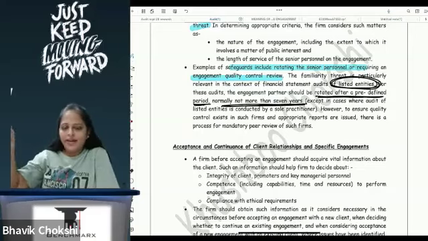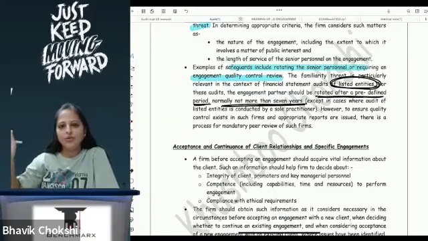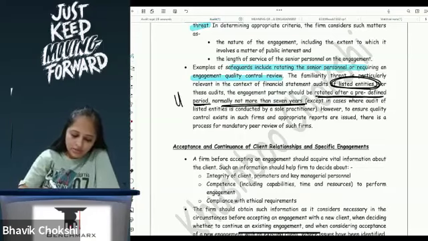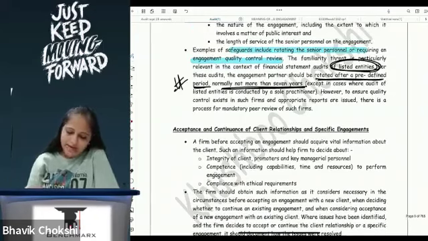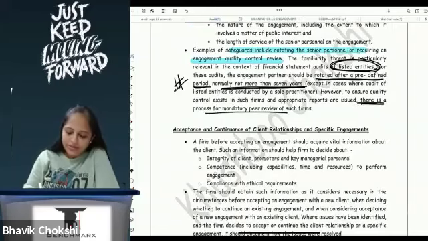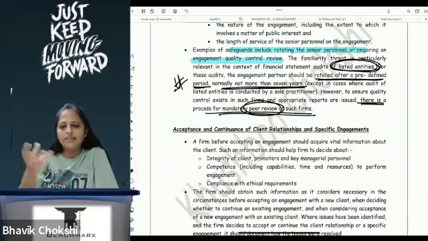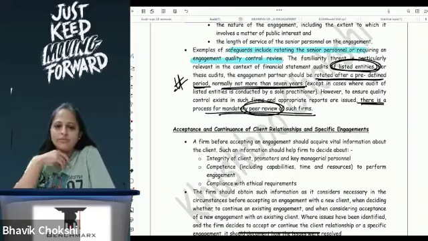So that 5 plus 5, 10 years, 5 years cooling off period, at a firm level you have to do that. Internally within the firm also, the senior partner will change after 7 years. Okay, so remember this. We'll write it down. And also there is a mandatory process for peer review, which we will again do. Peer review is basically where your peer at the same level reviews your work. That also you will have to do. So these are the two things that are there for listed entities.